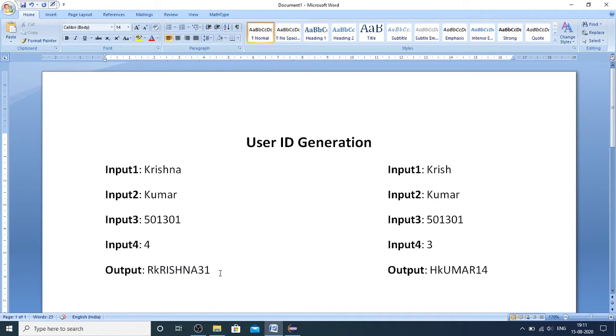Now let me pick the second case. Here when both are of same length, here input 1 is Krish, input 2 is Kumar, and if you observe both are of same length, now we have to use the dictionary order. As per the dictionary order, which will be coming first? It is Krish,